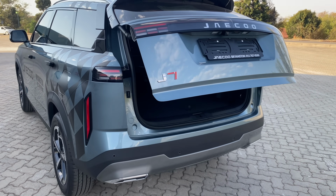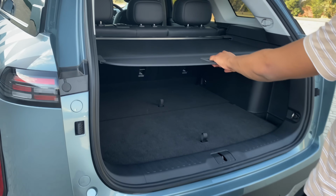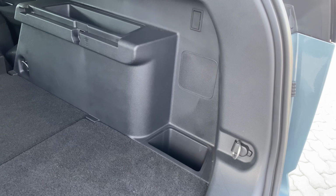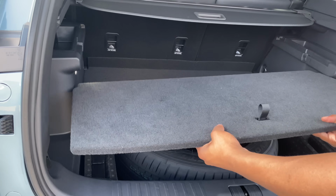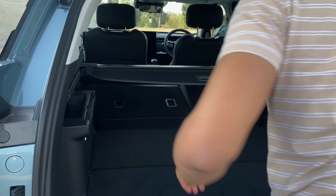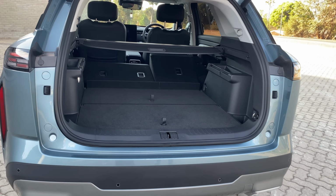Moving to the boot, and you have no less than 412 liters of cargo space in here. On the sides of the boot, you will find extra storage spaces for smaller items that you don't want to get lost. You also have some well thought out storage for your vulamlomo to show that you are very serious mkwenyan. Under the boot is a full-size spare tire, which is great given how terrible South African roads can be sometimes. If you drop the rear seats, you have a total of 1,335 liters of space in case you may need to pack longer